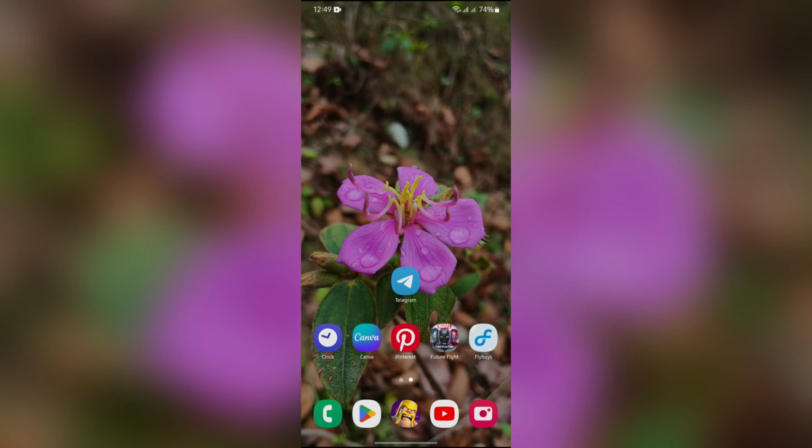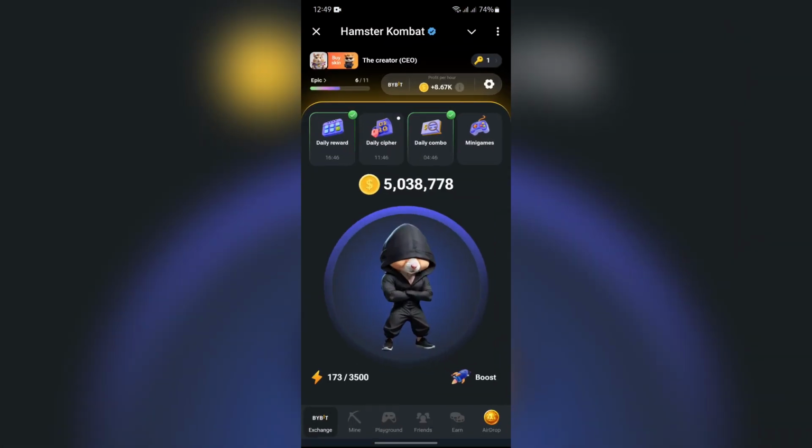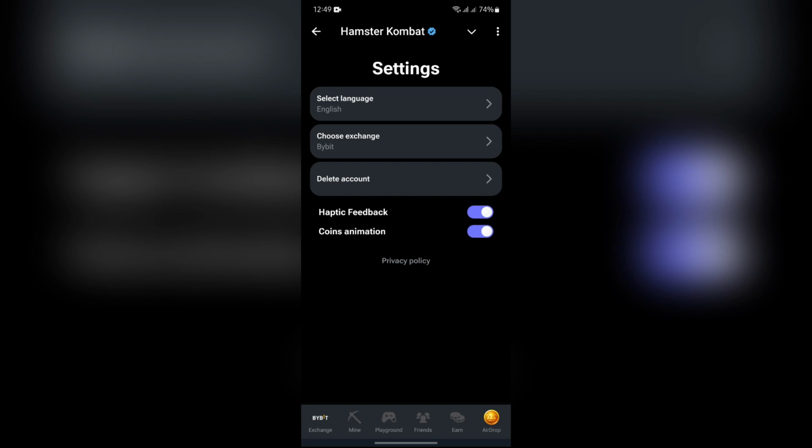Now, in order to know how to do that, you just simply have to open your Hamster Kombat in your Telegram. And after opening the Hamster Kombat, you will get to see a bunch of options on this homepage. And one of them is this gear icon. Simply tap the gear icon on the top right side, and from there you will get to see this